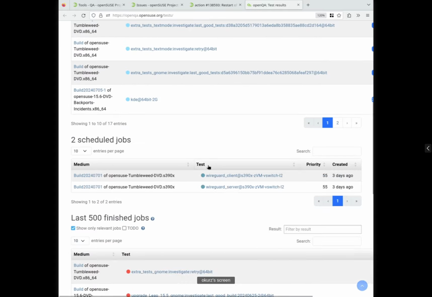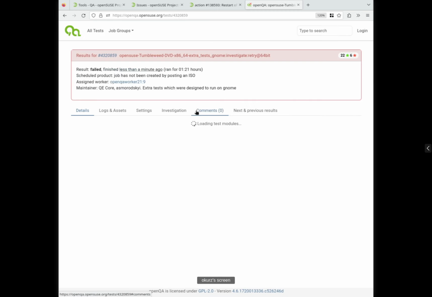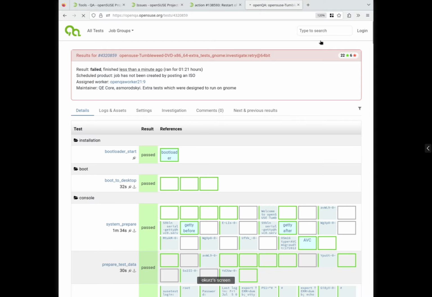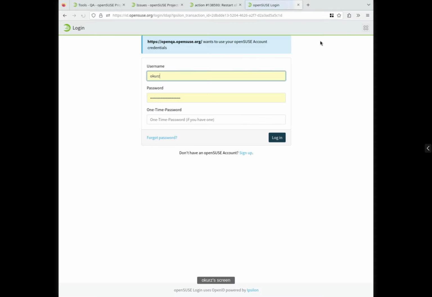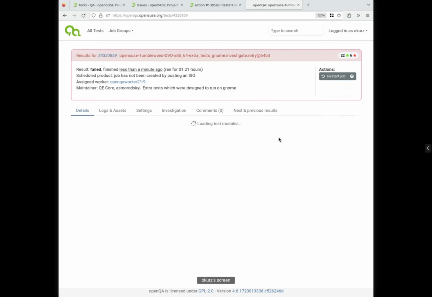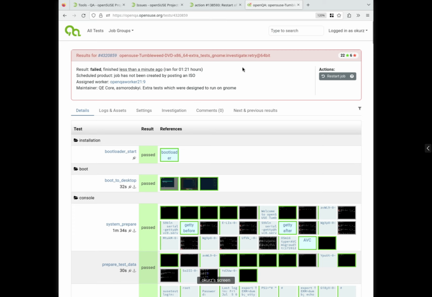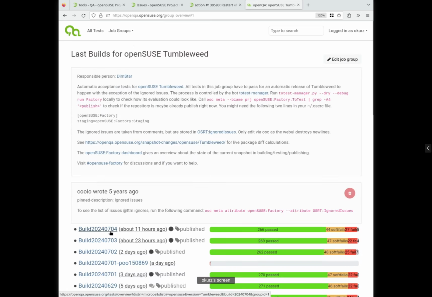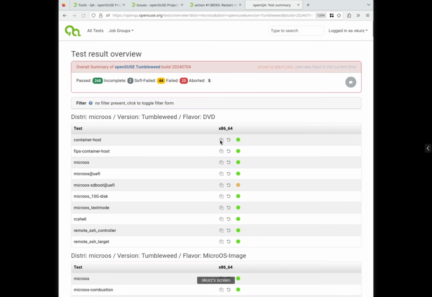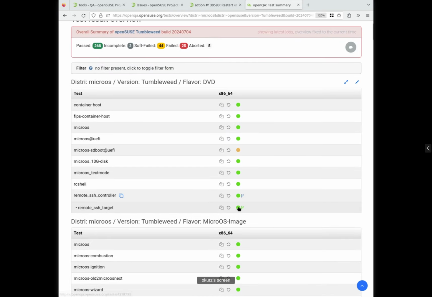So let me just pick any recently finished test like this one. And there's no button here. And for the users with the according authentication, log in here and show you now that's more explicit. There's just a restart job here because this is really just a single job which doesn't have any relation to the bigger products. Now, if we select a job which is part of a bigger group, and let's pick one example which might be a bit more complicated, like this target job.